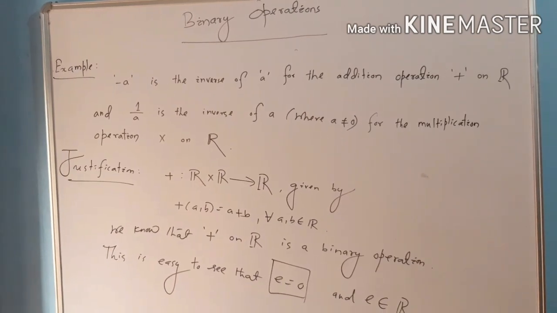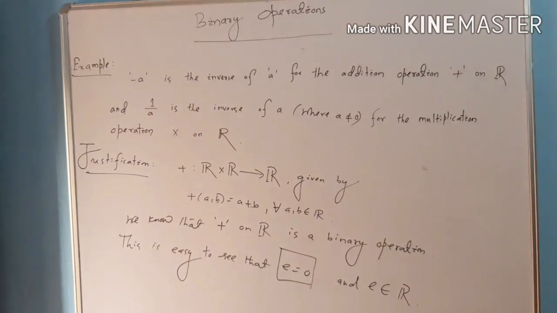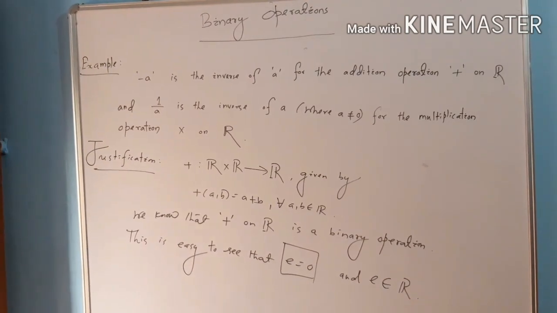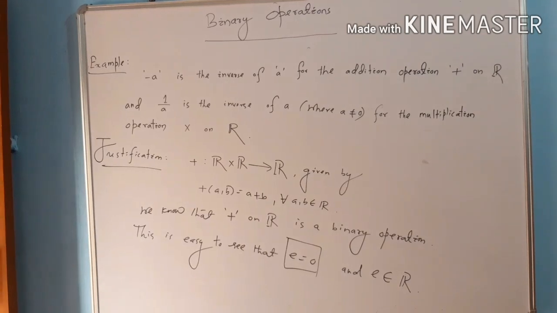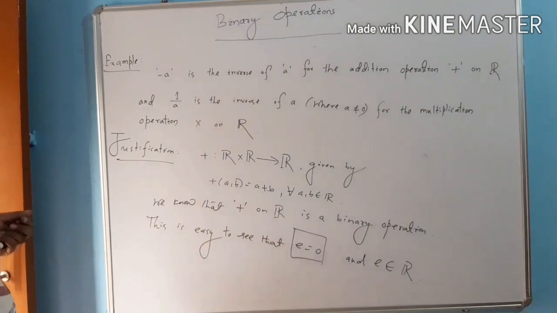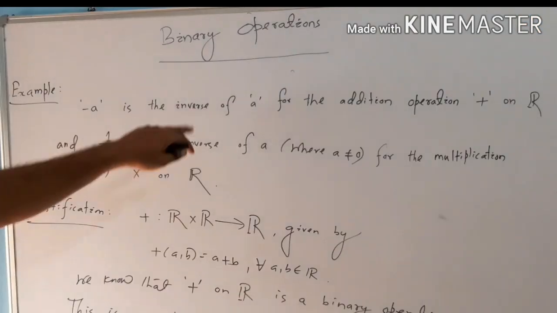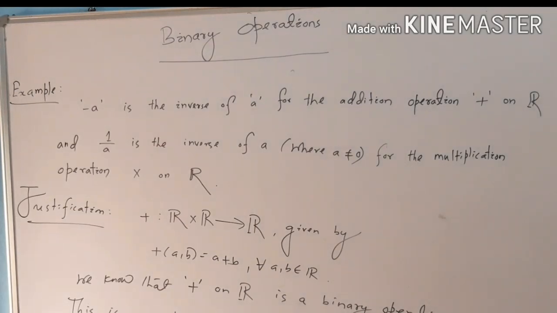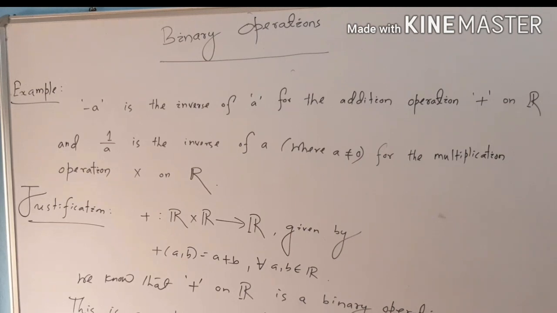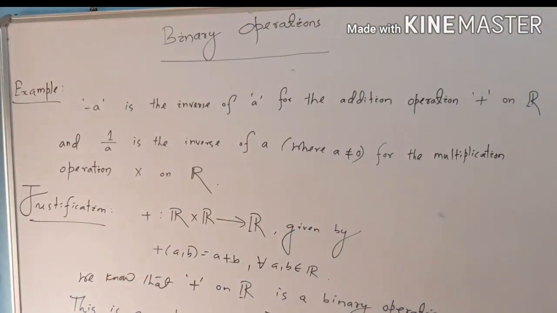Example on inverse of an element related to binary operation. Example of inverse of an element. Minus A is the inverse of A for the addition operation plus on R, and 1 by A is the inverse of A where A is different from 0 for the multiplication operation